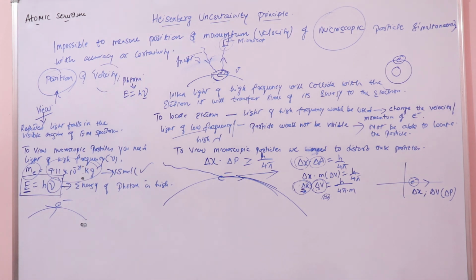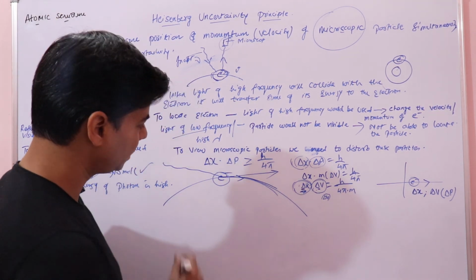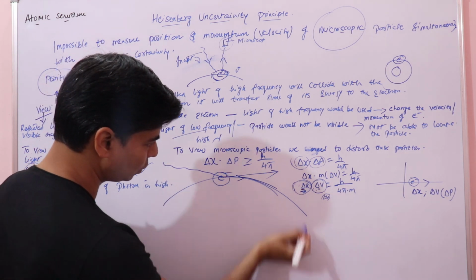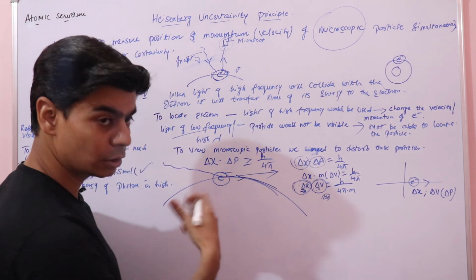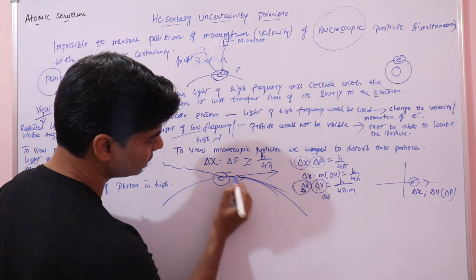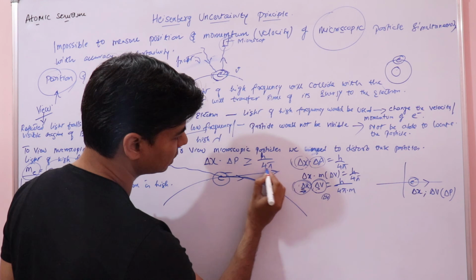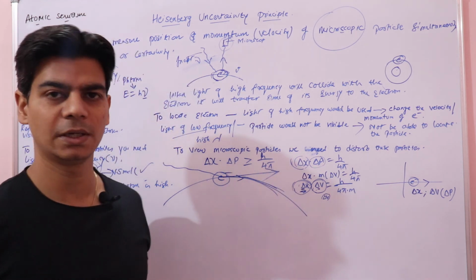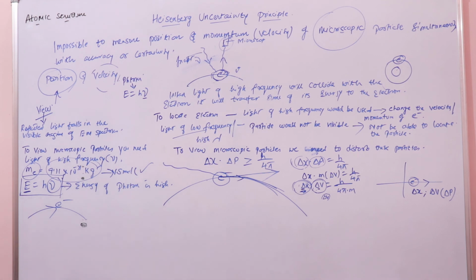So what we say is that the idea of a definite path or trajectory has been hit hard by the uncertainty principle. Therefore, it is not possible to talk of the trajectory of an electron. You cannot determine the trajectory of an electron, because in order to view the trajectory, you have to use light of high frequency, which will disturb it and change its path. It has started moving in this direction, so the trajectory changes, which has no meaning to it, right. That is why in order to determine